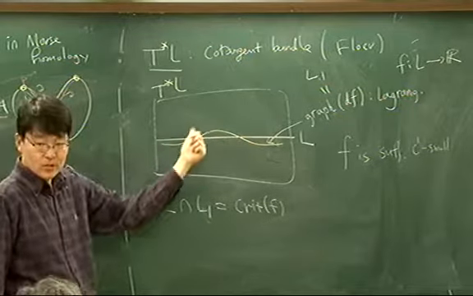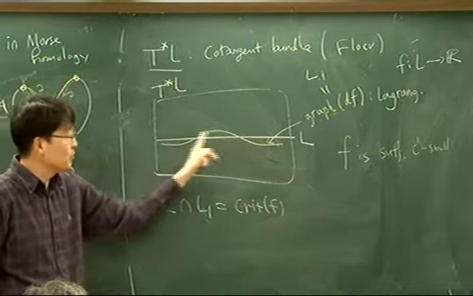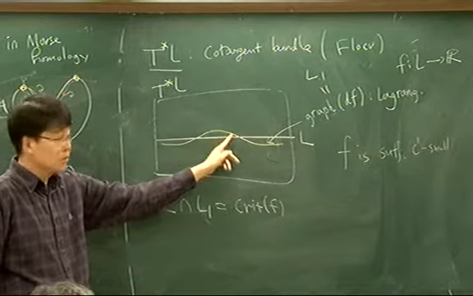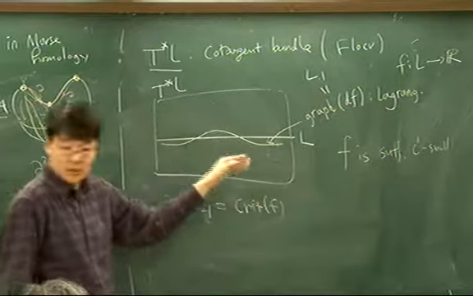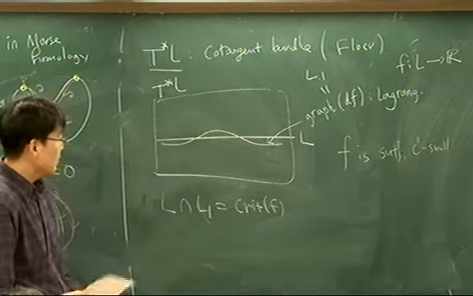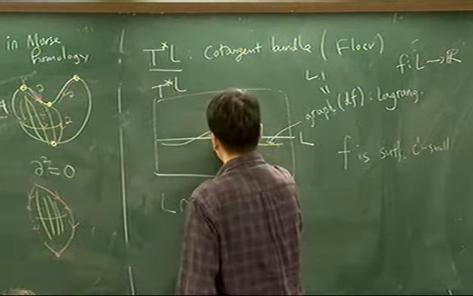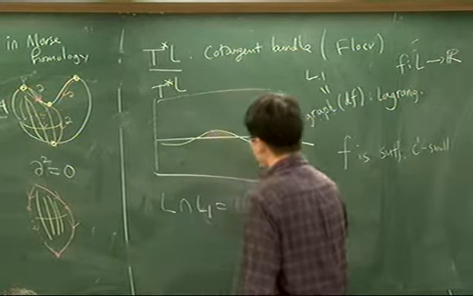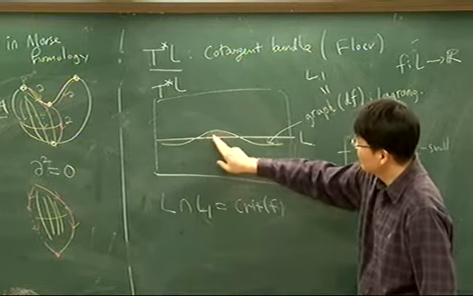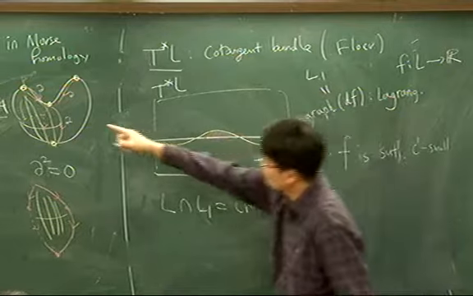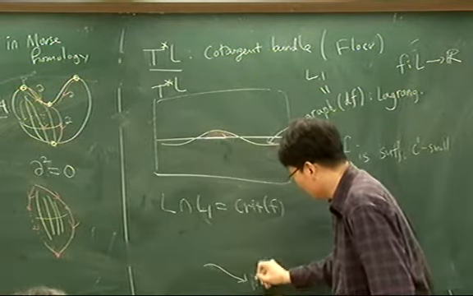It's the graph, and it's always a Lagrangian manifold, and the intersection is always the critical point of f, because df... Yeah, just any C1, any C1. And then, so what Floer found is that if you have this kind of Morse flow on the bottom, so if you have a Morse flow,